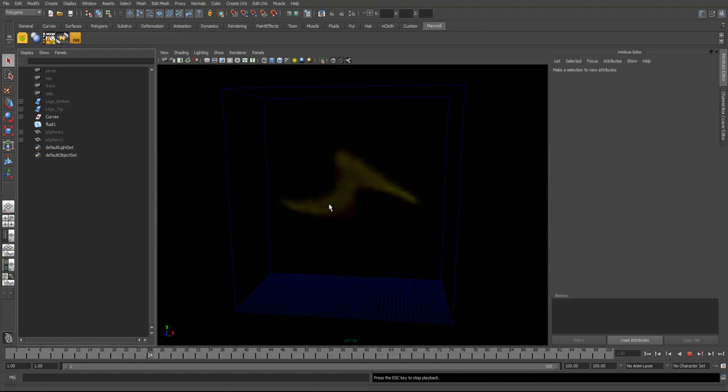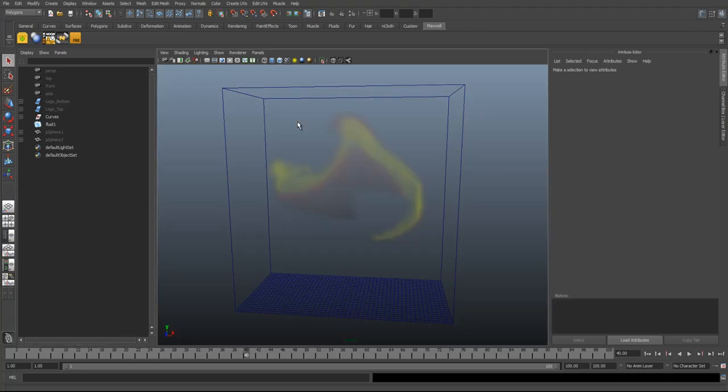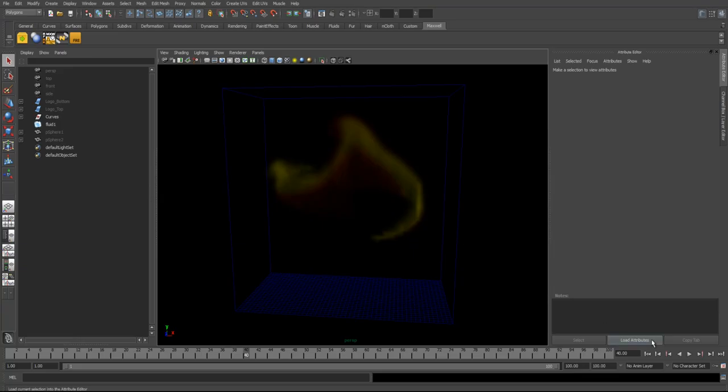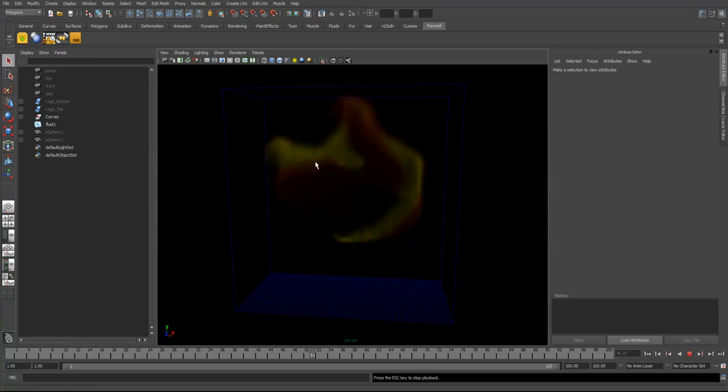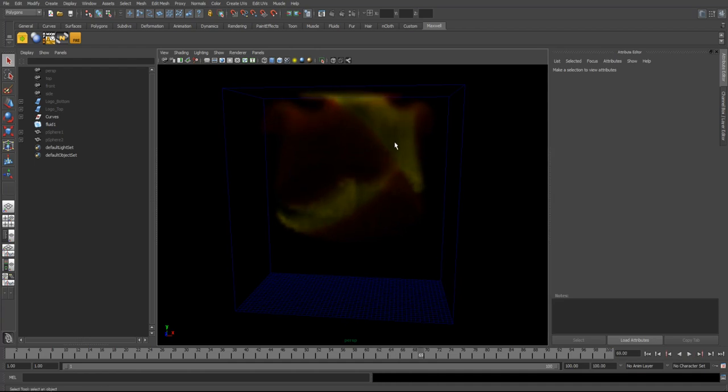So you can see our fluid coming in here, and if your background color is different to mine, I've put mine to black so it's easier to see. You can change this with Alt and B, and it will just cycle through your viewport colors. Anyway, this is what you should have so far, which is our logo flaming in from this geometry here